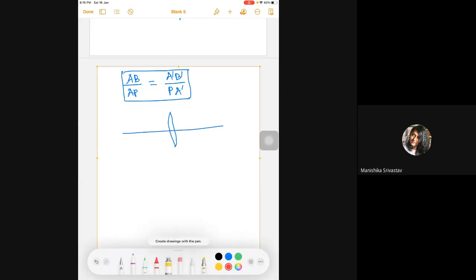So here what we are drawing, this is that particular object. From that object light is going, passing through the focus, and again another ray is passing like this. Maybe they are going too far, sorry. So here again it is forming the image over here. Okay, now this is AB, this is A dash, this is B dash.